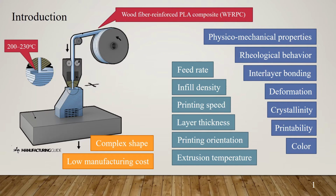In the last decades, additive manufacturing (AM) has been a promising technology in various applications. It enables the automatic fabrication of products or functional components with complex shapes at a low manufacturing cost. Among all different AM methods, fused deposition modeling (FDM) has recently gained popularity and achieved widespread use as the manufacturing process of desktop 3D printers. It allows solid parts with a 3D geometry to be formed by assembling successive layers of conventional or biodegradable thermoplastic